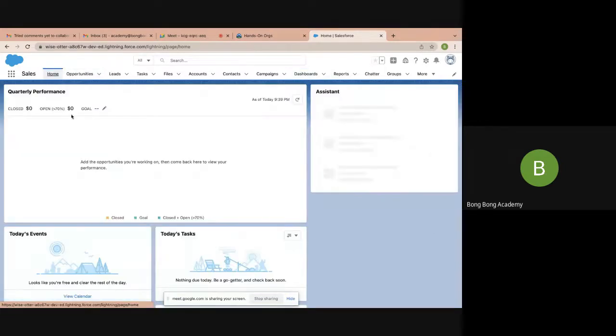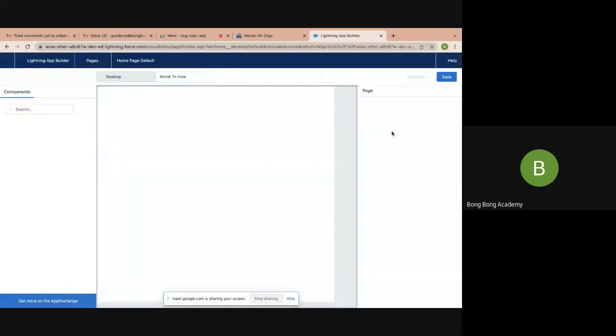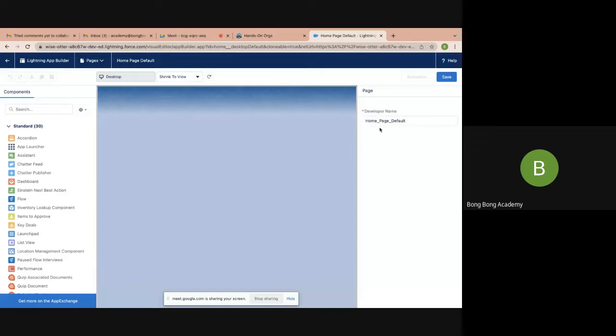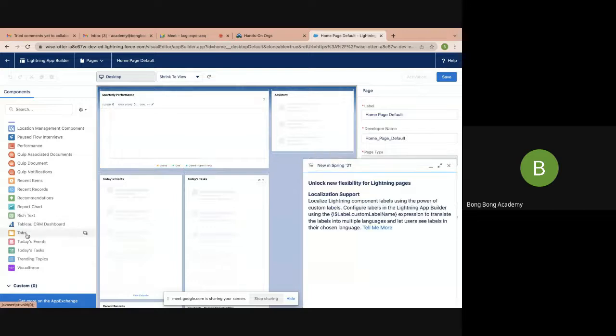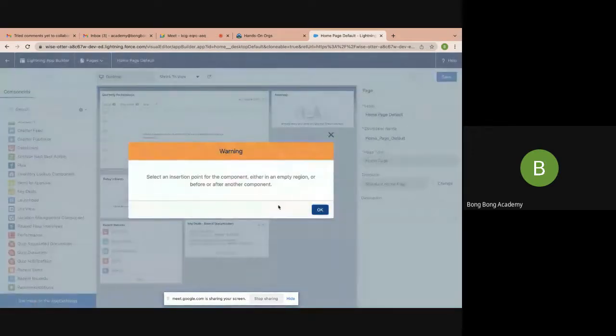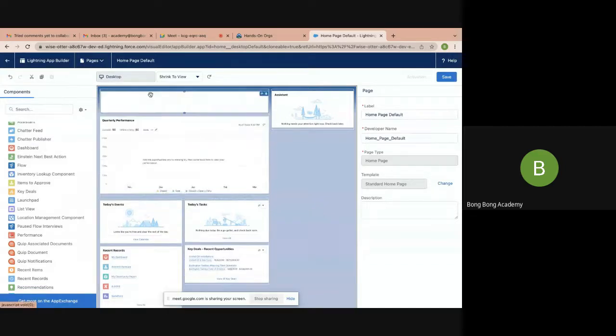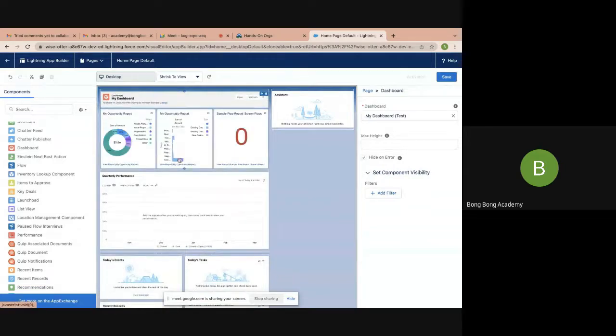You can put a dashboard on your home page. You can go to edit page, just like you open any Lightning page. And then you can go to dashboard. So you can set the dashboard here. And it has taken my dashboard because that is the only dashboard I have. I can have multiple dashboards if that is the case. And I activate my home page. If I now go back,